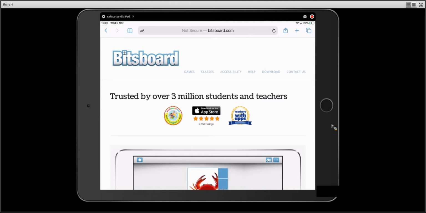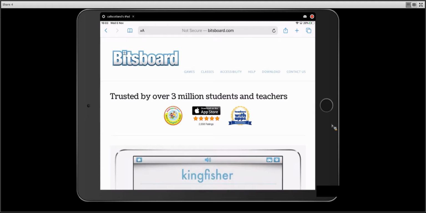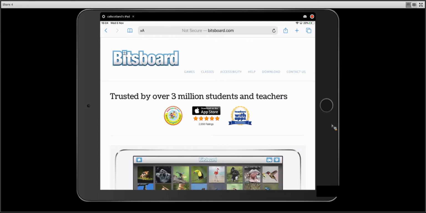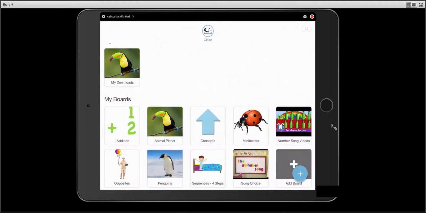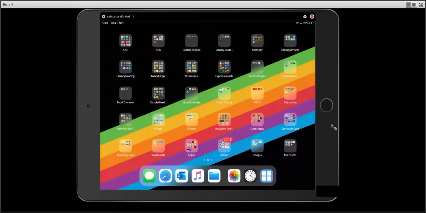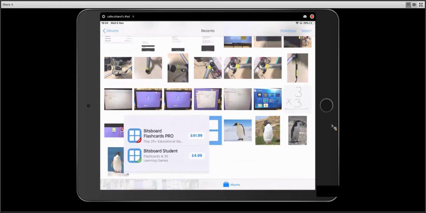So I'm going to go into the app and show you exactly what I mean, and we're going to have a look at some of the different games that are available in Bitsboard and think about some of the ways that you can use it. The version of Bitsboard which I'm going to use this afternoon to demonstrate to you is the free version. And there are three versions of Bitsboard. There is this free version, but just to say there is also a pro version and a student version as